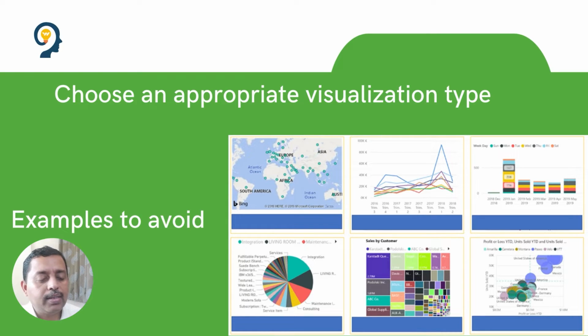Then comes this. Here also we can see that many lines are there. So many sections are there, which is a line format. You should be avoiding that particular part also. You should have some number of lines which can be accommodated in this particular chart, not much. The same goes with all of these patterns. You can see that there are too many data points in a smaller space to showcase, and these are pretty much bad examples in terms of visualization.